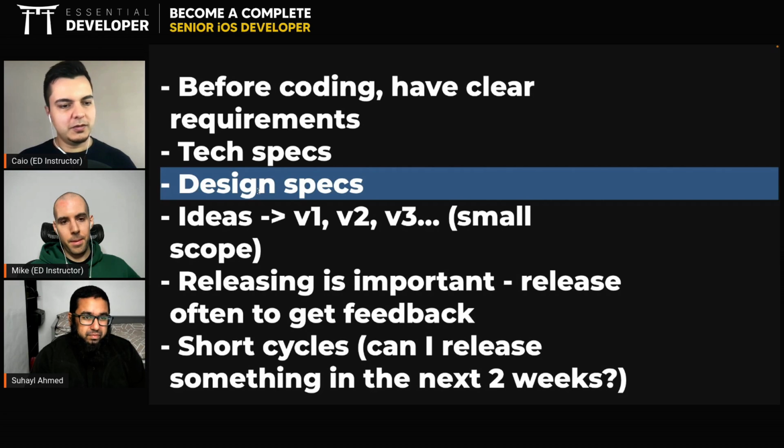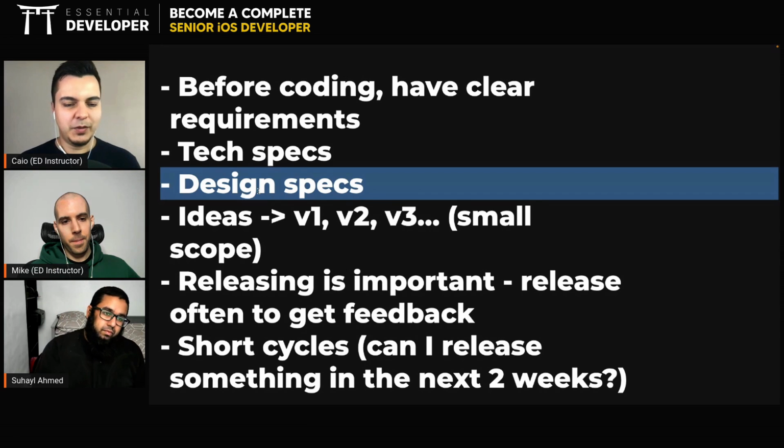Use the default toggles, the default buttons and labels. Don't waste a lot of time with that, especially at the beginning. And then you can hire someone, maybe a designer, if the app starts working well and you start having a lot of customers. But at first, use the default things. Already it's going to look good if you're following the human interface guidelines. Fantastic. Don't create custom navigation controllers. No, use what the platform gives you, right? It already is going to look good.